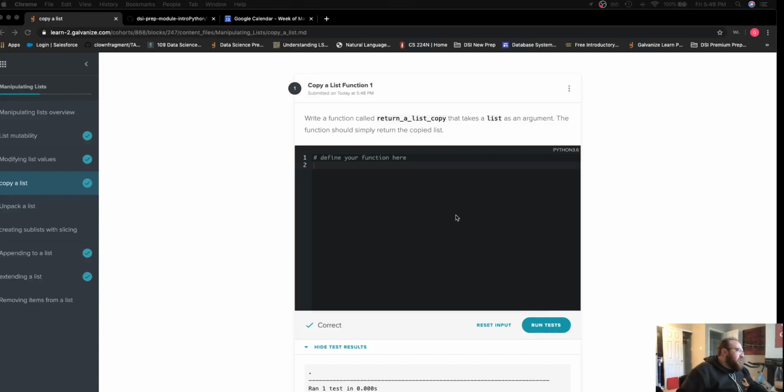Hey all, we're working on the challenge in the copy a list in manipulating lists. This says write a function called return a list copy that takes a list as an argument and simply returns a copy of that list. So my function will be as it says, return a list copy, and it does take a list as a